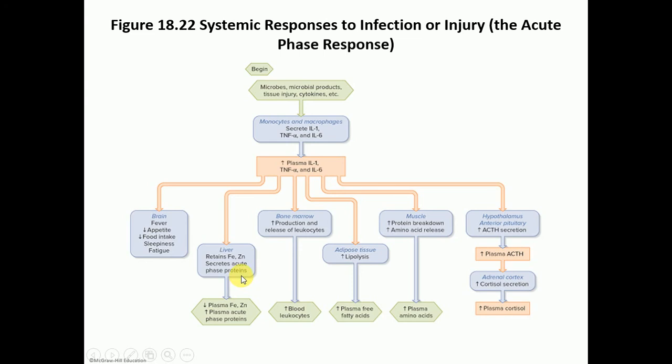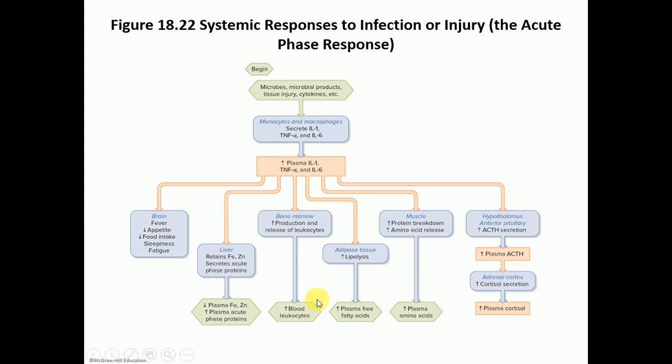We can detect them by blood work to figure out that this body actually has something going on. So for example, we'll find low iron and zinc levels, and increased plasma acute phase proteins, like an elevated C-reactive protein, or an elevated ESR, which is the erythrocyte sedimentation rate,